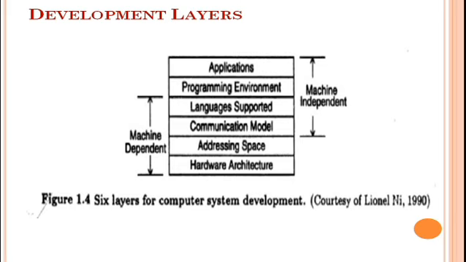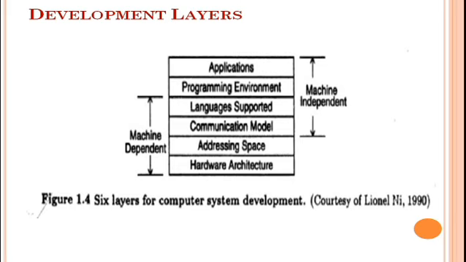So machine dependent means these layers are dependent on the machine architecture. Machine independent means these layers are independent of the computer architecture here. The address space of a processor in a computer system varies among different architectures. It depends on the memory organization, which is machine dependent. These features are up to the designers and should match the target application domains.